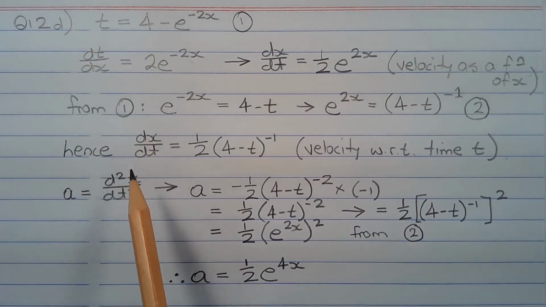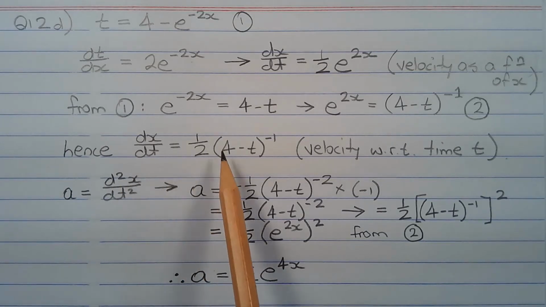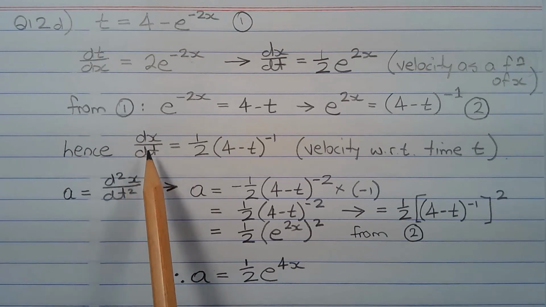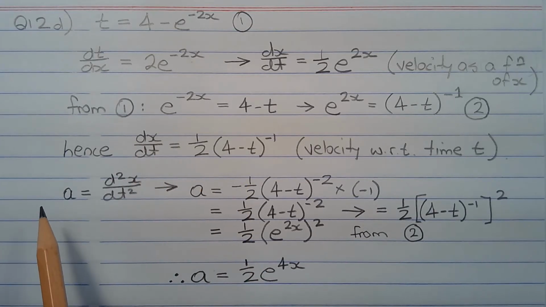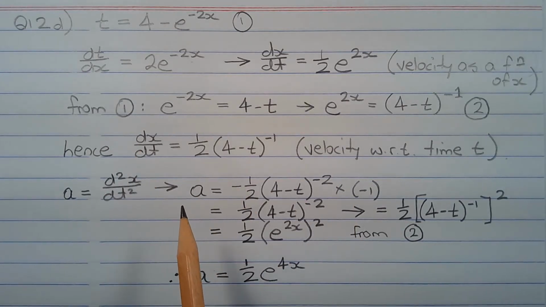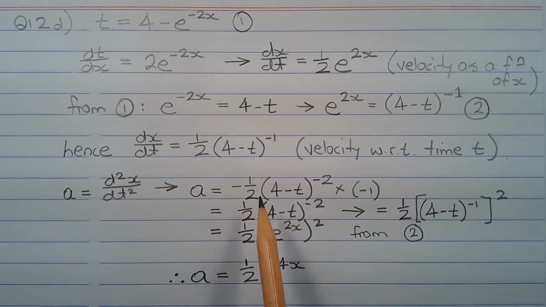Hence, dx/dt is equal to half times (4 minus t) to the power of negative 1, which is the velocity of the particle with respect to time, but expressed as a function of time. Now, the acceleration is the derivative of the velocity. And using the chain rule, we have a is equal to negative half times (4 minus t) to the power of negative 2 times negative 1,